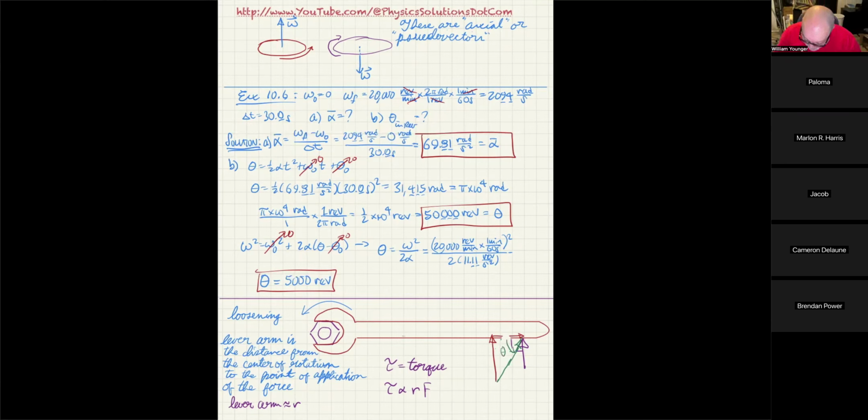And if you want to access this particular part, you see that I have to use the sine of theta. So in fact, you get torque is proportional to R times F times the sine of theta. And some of you might recognize this as the formula for the magnitude of the cross product, in which case you'd reach the conclusion that torque, the vector, is equal to R cross F, the vector,